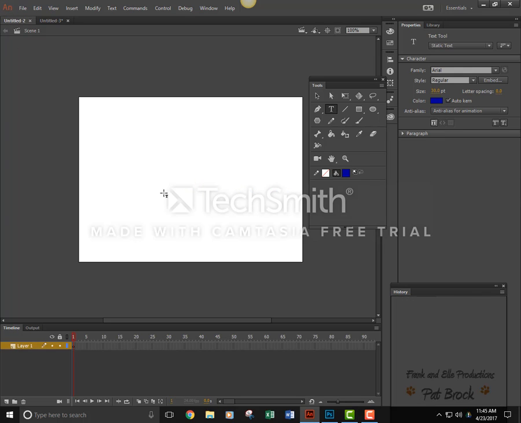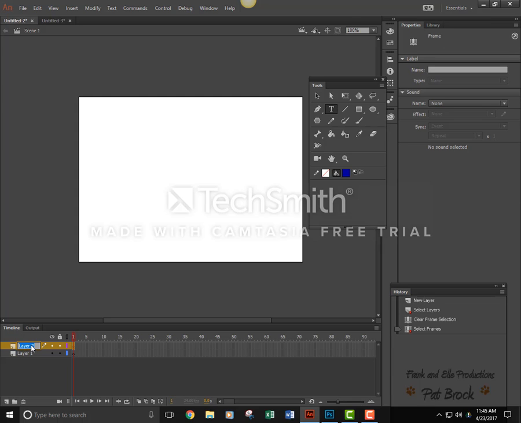Today we're going to create a wavy flag using a shape tween. So I'll create a new layer and I need to create a pole for my flag. So I'll name this layer pole,